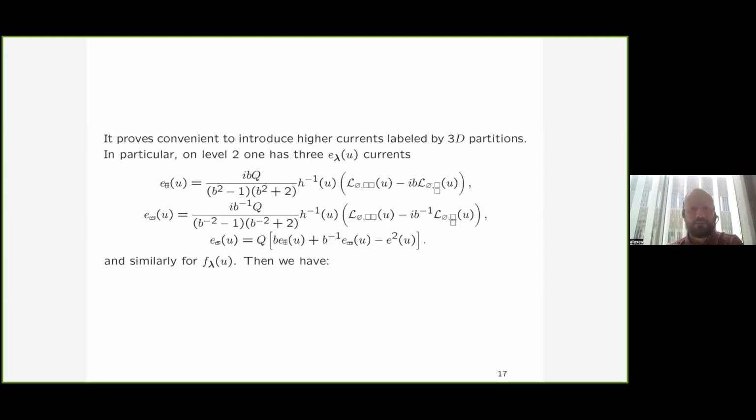Well, some auxiliary thing. In principle, there are infinitely many currents, and in order to enumerate the currents, it is rather convenient to use plane partitions. I'll not explain it either, but there are higher currents corresponding to the next level. The fundamental current E corresponded to one box. Now we have three additional currents corresponding to a plane partition consisting of two boxes. There are three of them, and they are defined as I show here. It's just explaining the definitions, and then